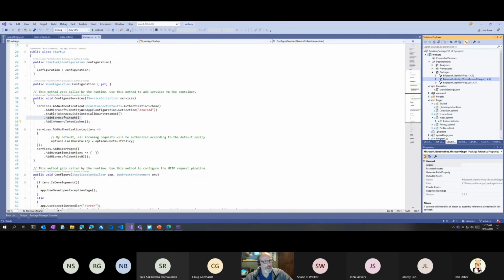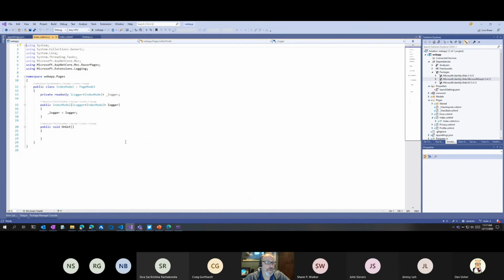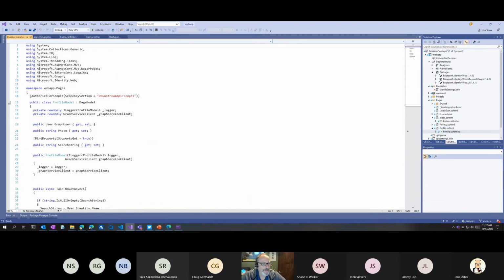So at the end of the day, I've configured Microsoft Identity.Web to get involved to help me out. I want it to get a token for a downstream app. I want to do all that work. It will also update my dependency injection container with that Graph Services client. And in my account profile page, oh, by the way, there's my authorize.